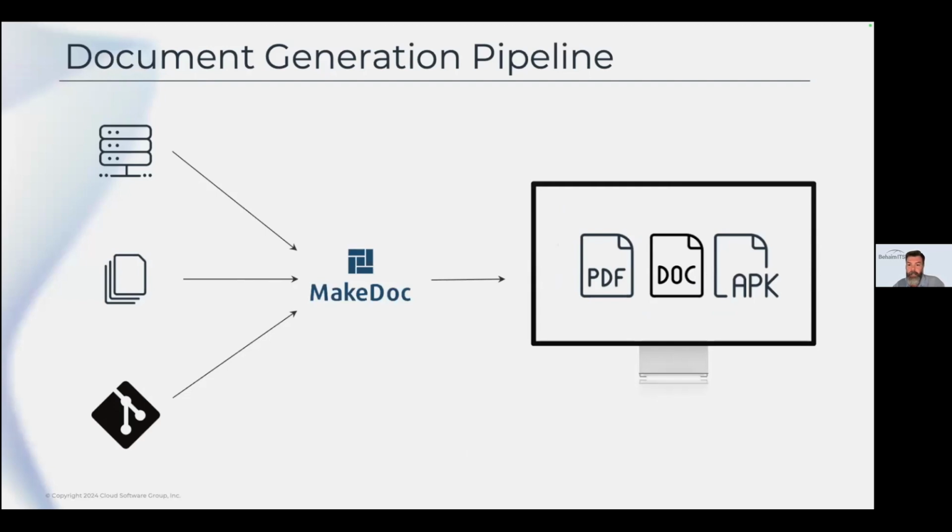On the input, MakeDoc accepts enterprise archives or source code from the file system, or for example, a code which is placed somewhere in a Git repository or any other version control system repository. This can be adjusted. And then MakeDoc takes this code or enterprise archives and it produces a documentation in various